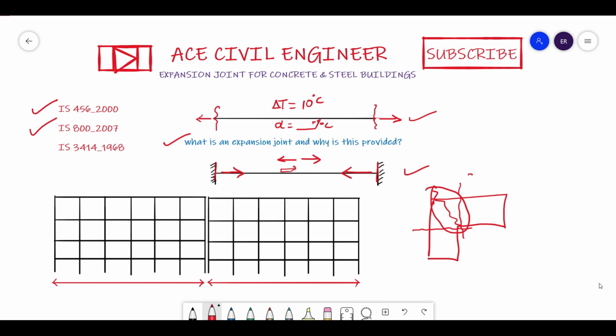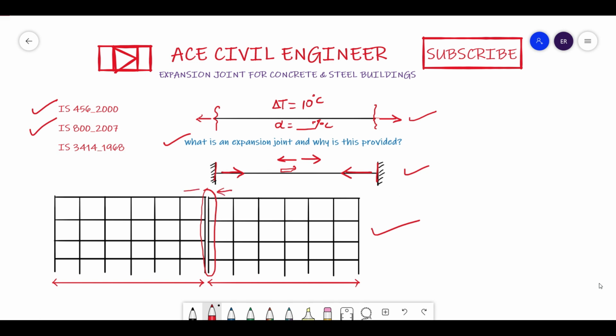So if you don't provide an expansion joint here, what happens is this wing of the building tries to expand in this direction. So here a huge concentration of thermal stress gets generated, so you need to keep that in mind. Now coming to the other point, see here I have shown you one case where it is a single structure. This complete elevation is a single structure, and here I have provided an expansion joint. This expansion joint is provided considering that there is enough space for both these structures to expand in this direction and also in this direction.